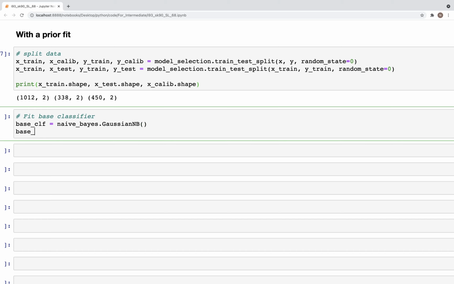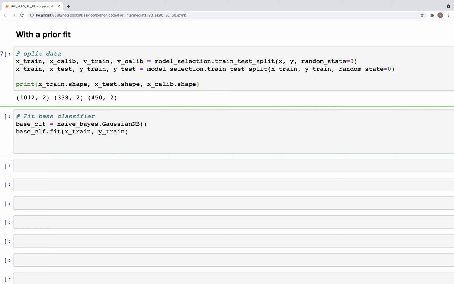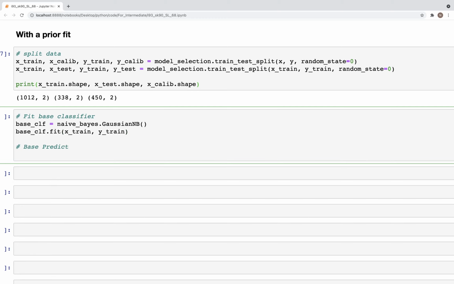So base_clf.fit, this would be on the x_train, y_train, and now we can perform the prediction. So base predict, this would be y_pred_base is equal to base_clf.predict(x_test),